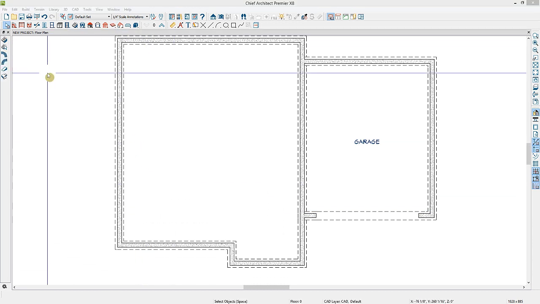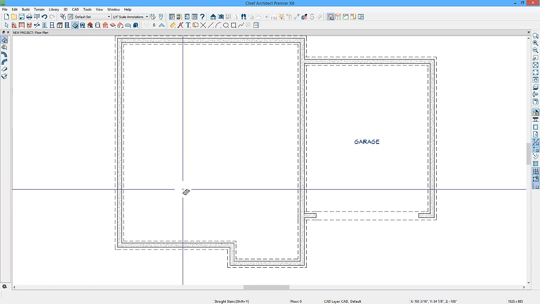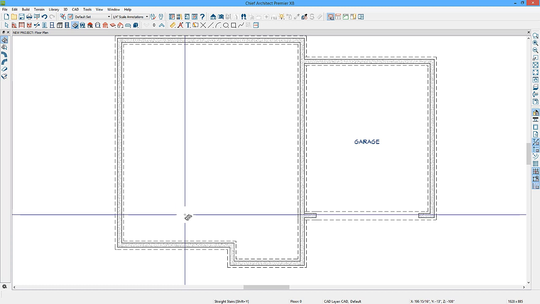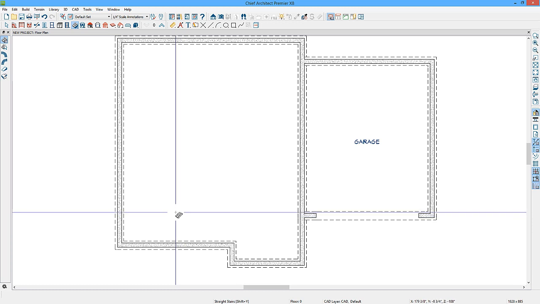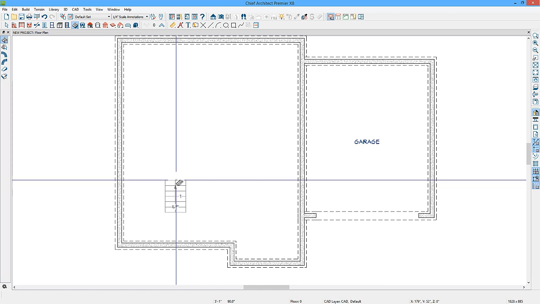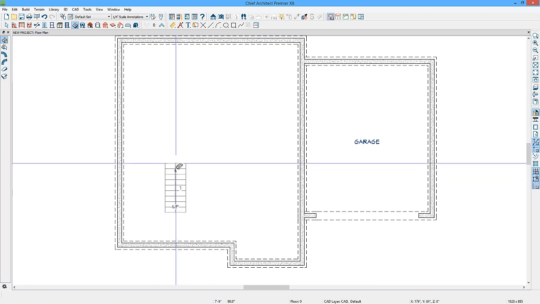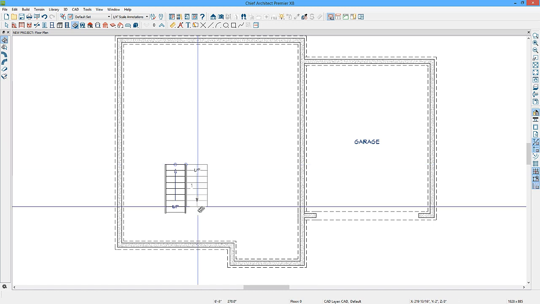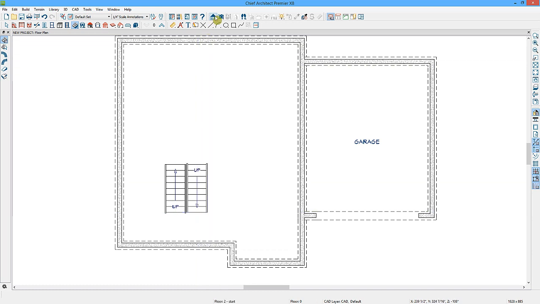Another way that the Straight Stair tool works is the click and drag method. This is useful if you're drawing a U-shaped stair or an L-shaped stair. To draw a U-shaped stair, I'll click and drag treads and count the treads as I'm dragging the center line of my stairs. If I need 16 treads, I'll count 8. And then I'll align with this corner, move straight over to the right, making sure that I have that blue alignment indicator, and then click where the middle tread of the next section of stairs wants to start, and drag in the opposite direction. Now we'll take a camera view of this,